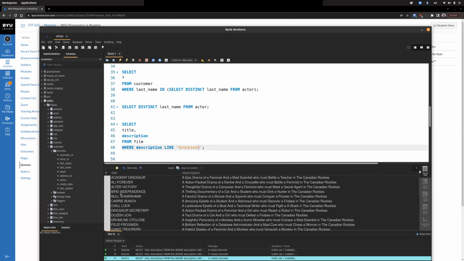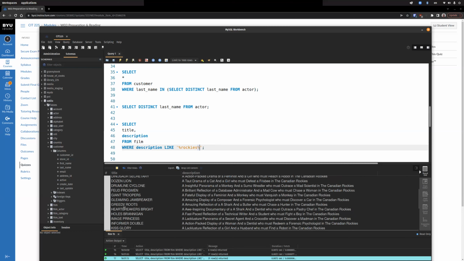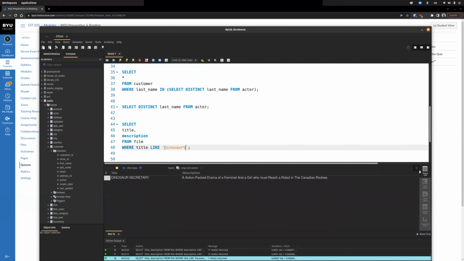On the flip side of that, let's say we know that there's a movie that has dinosaur in it, in the title. So we're going to change this to title. Now, if we were to just say, oh, I know this movie started with dinosaur, we could do this, because then only movies that start with it. So dinosaur secretary is